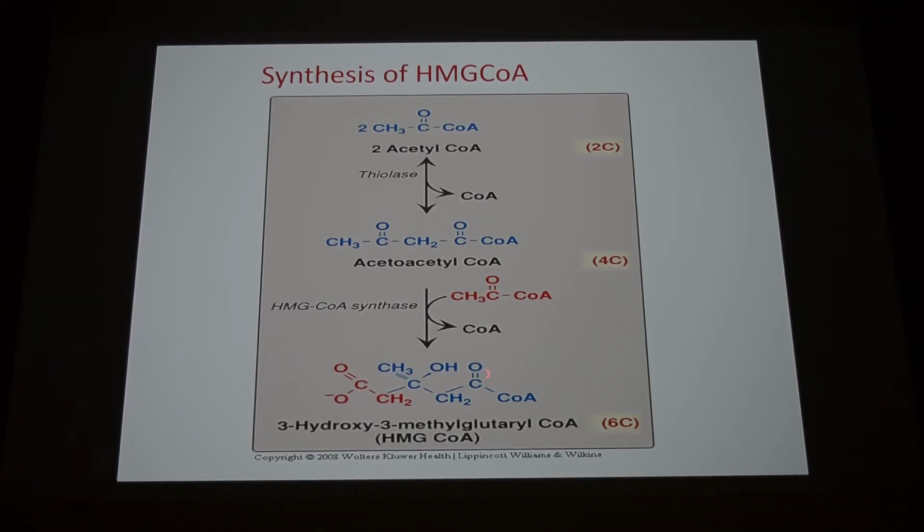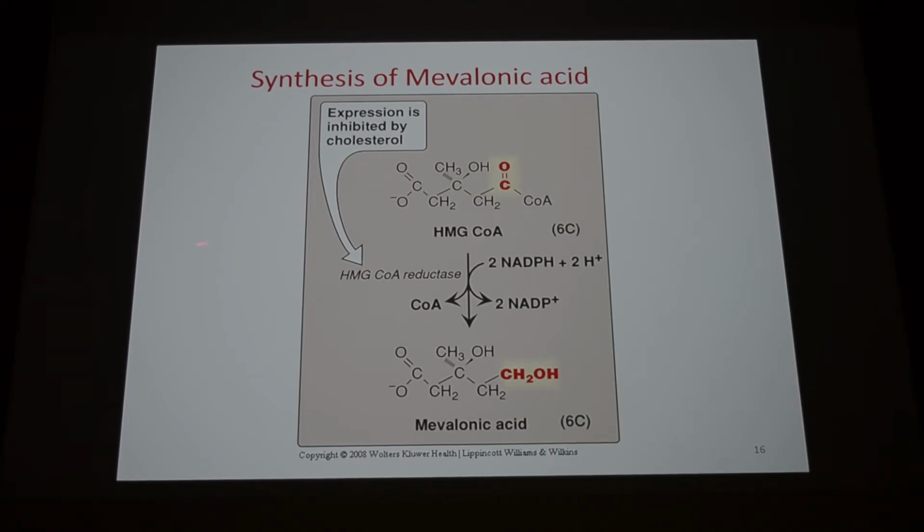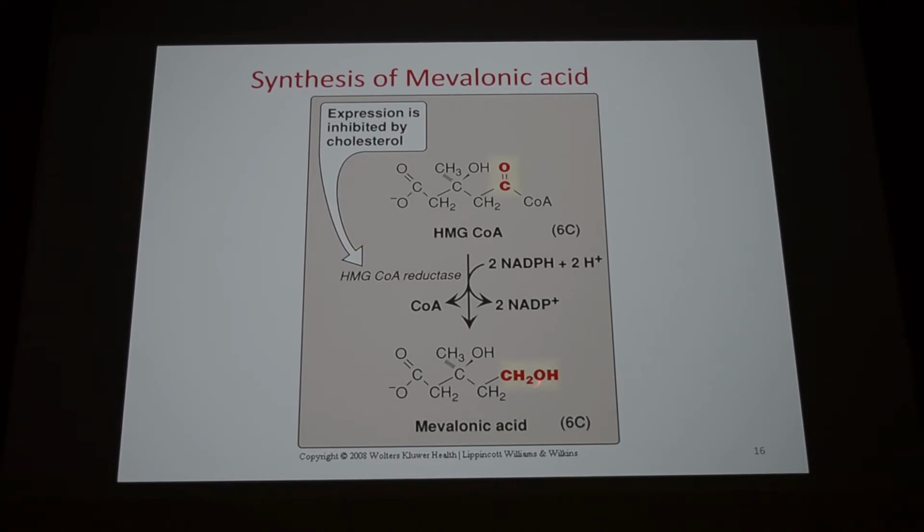So in ketone bodies, this will be cleaved to form ketone bodies. In cholesterol synthesis, this one will be reduced by HMG-CoA reductase to form mevalonic acid. So this step is only for cholesterol synthesis, where HMG-CoA is reduced to mevalonic acid. And we need here, as you can see in this reaction, NADPH that is oxidized to form NADP+. Okay? Now please focus on this enzyme, because this is the rate limiting step for the synthesis of